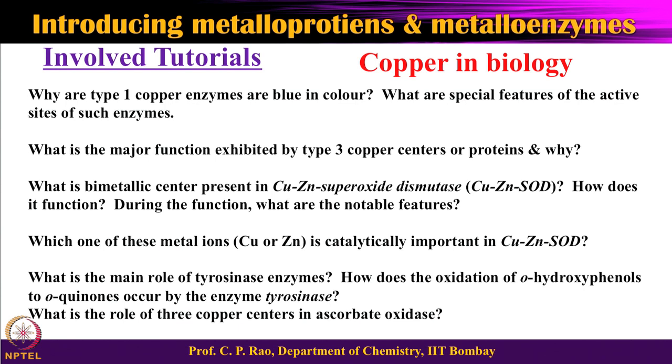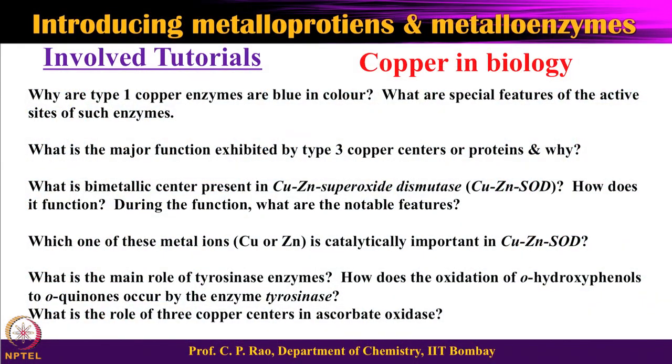What is the main role of tyrosinase enzymes? How does the oxidation of orthohydroxyphenols to orthoquinone occur by the enzyme tyrosinase? Okay, tyrosinase, tyrosine oxidation. So, that means these basically oxidize the tyrosines, they can oxidize the aromatics, all these kinds of things. So, these are tyrosinase kind of enzymes, and this enzyme has 2 copper centers with 3 histidines on each copper,